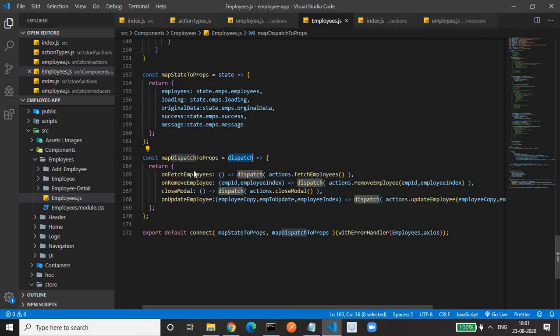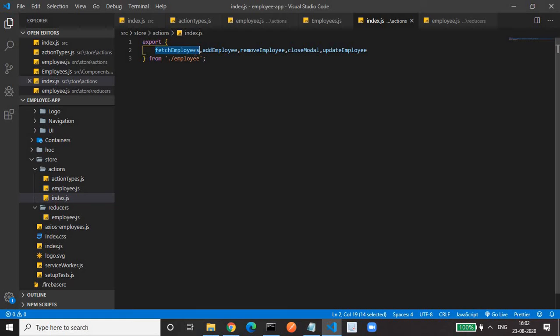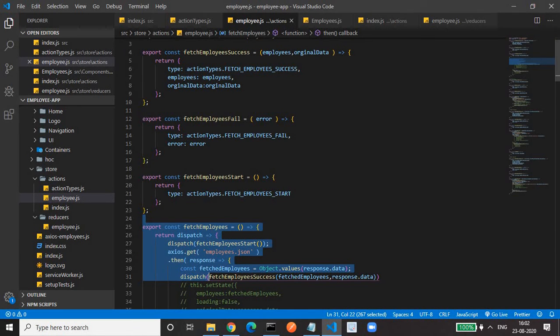It's also written as an object in which we are dispatching the action. So on fetch employees, like on fetch load, I need to dispatch my fetchEmployees action. If you go to the index.js file, this is fetchEmployees, and this maps to that one action, where we are making the call to the database to get the data.